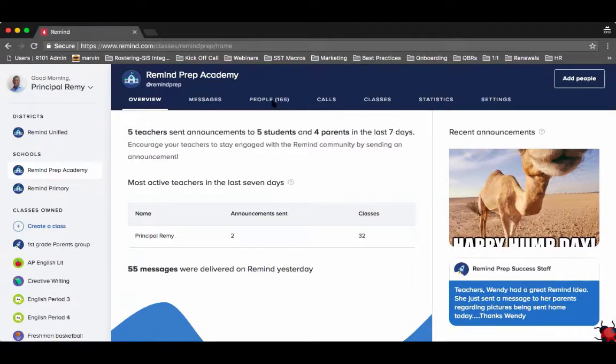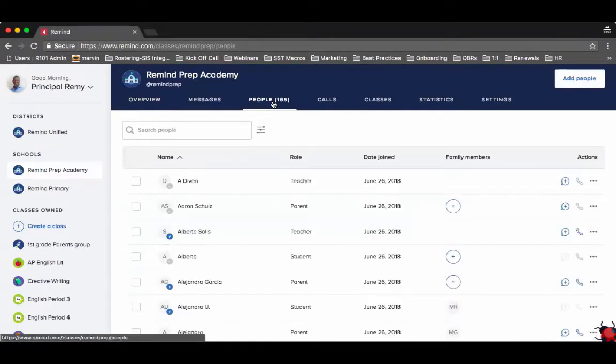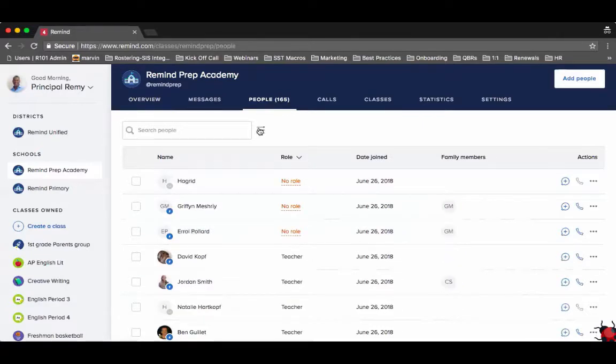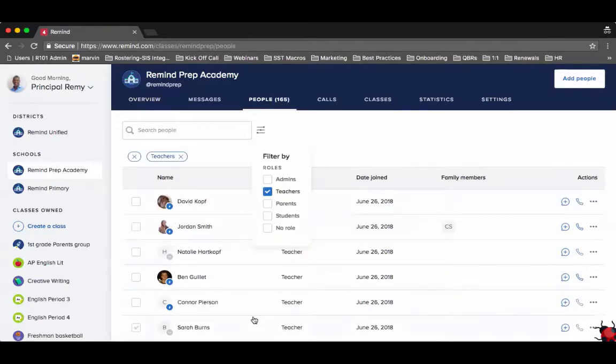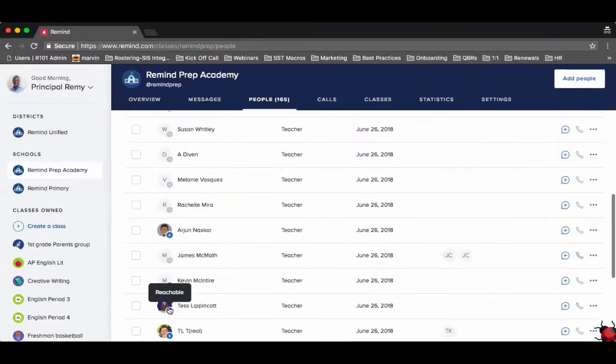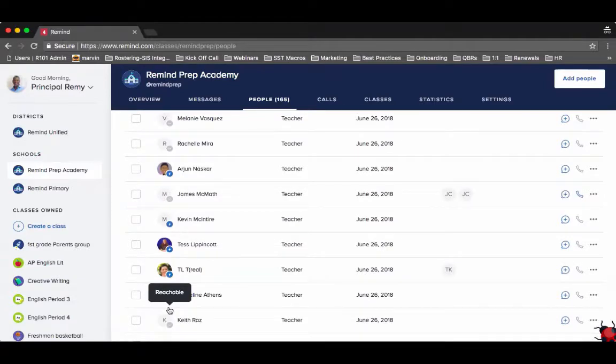Also important to point out that the people list is where you'll be able to make sure that everyone is connected in the way that they're supposed to. So you might want to go to the role and filter for teachers before your training and see how many of them have logged in and connected their phones. This little blue reachable icon indicates that these individuals have already downloaded the app and connected their phone to Remind. So that's a nice way to pre-check to make sure everyone in the training is ready to go